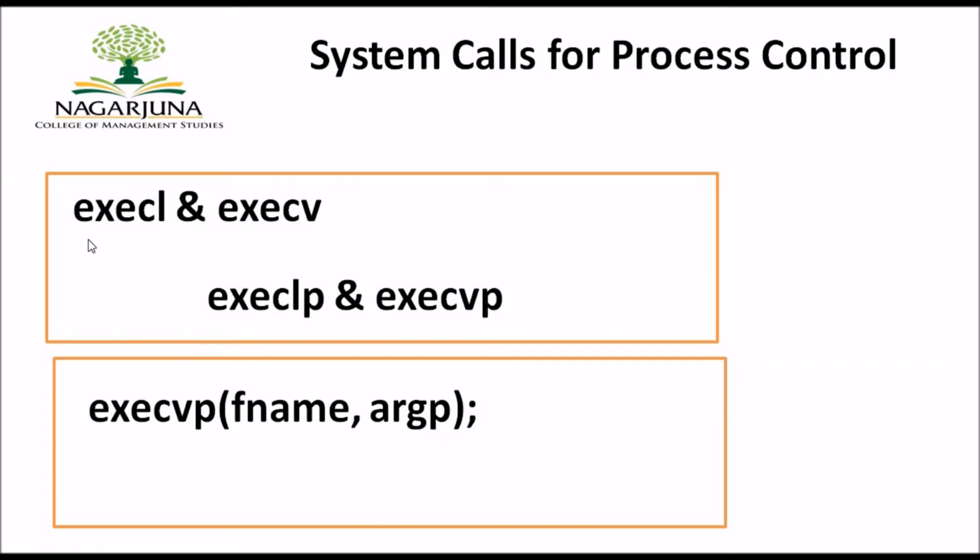So the simple way is this: to stop the currently running program and to start executing the newly created program, we invoke the system calls EXECL and EXECV. So we'll move on to the next